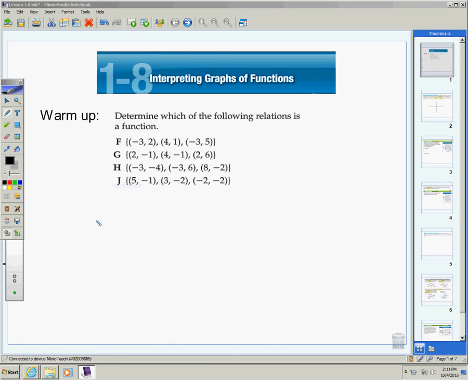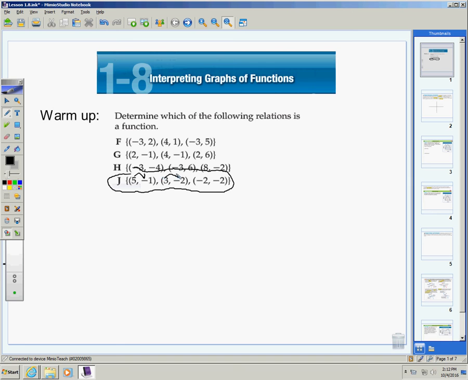Going to be talking about interpreting graphs of functions. And for our warm-up, we're going to determine which of the following relations is a function. So go ahead, pause this, and try. And once you are done, you should see that obviously J is going to be the function because each input